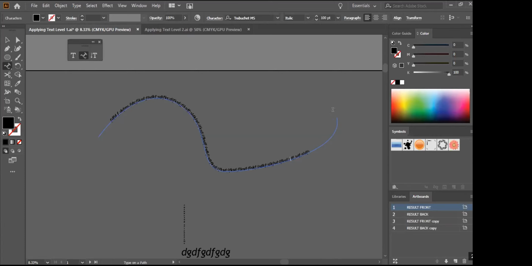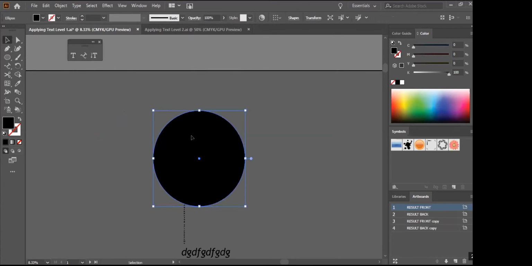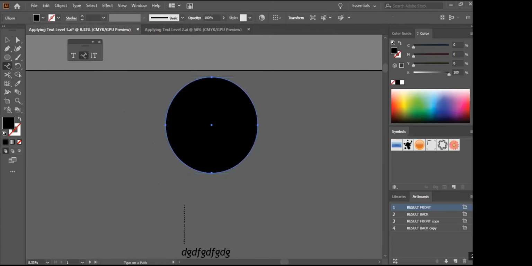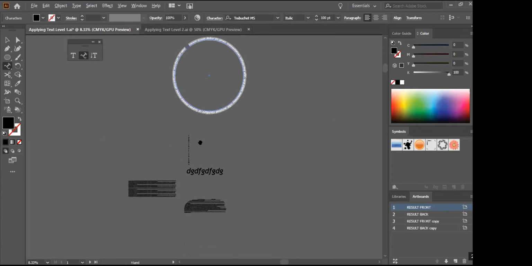So it will follow the path. Okay. So for certificates, for example, no. So let's say yung mga below. Okay. Alright. And then click on type on path. Click here. Yan. So it will allow you to type along the path. So any paths, simple paths that you create in Adobe Illustrator, you can do that. Okay. So for our exercise,